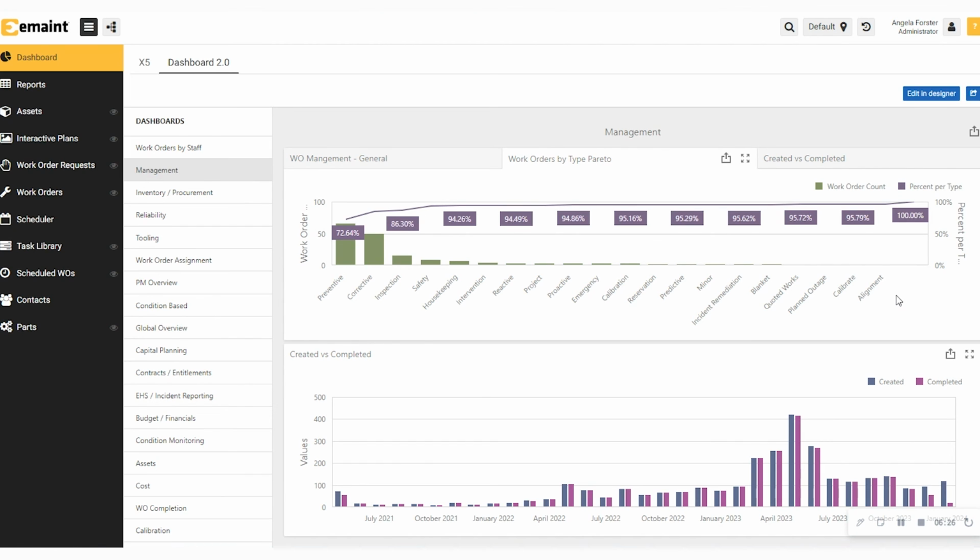So whether it's equipment management and work order scheduling, inventory tracking and purchase orders, or even just the ability to give your team a solution that they'll actually use, since it is user-friendly, eMaint is there to make sure you get just a little bit more than what you paid for.